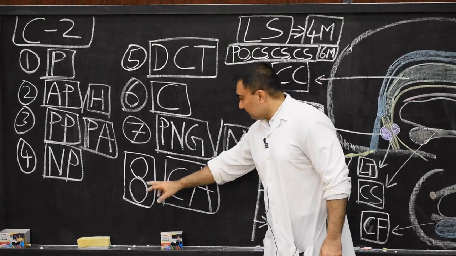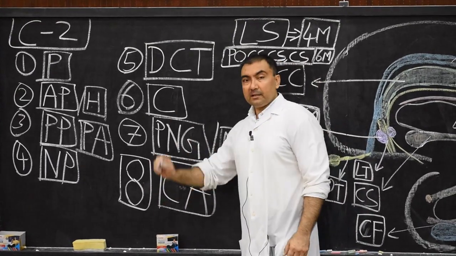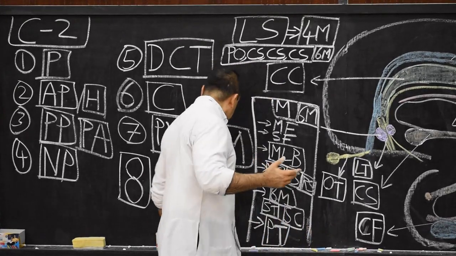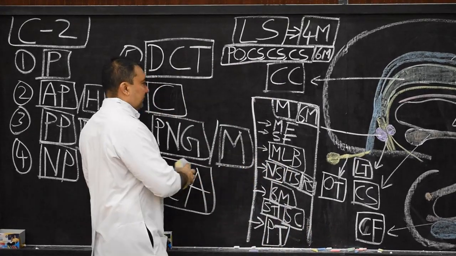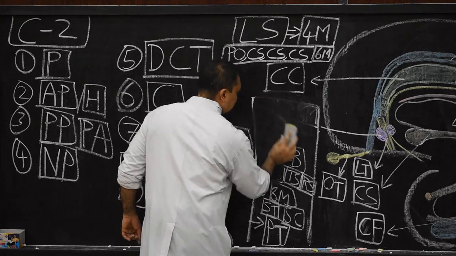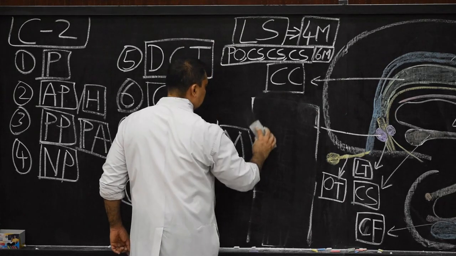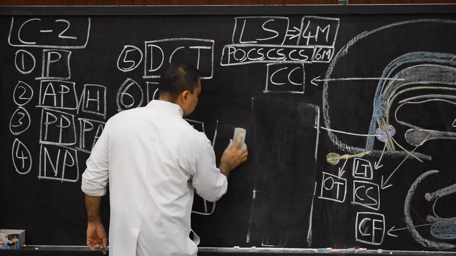Then we come to the last point, congenital anomalies of the brain. These congenital anomalies are very interesting if you understand. Once again, I will utilize this box. I want this box, so I will rub this and we will take the help of this box, and I will rub on this side also.